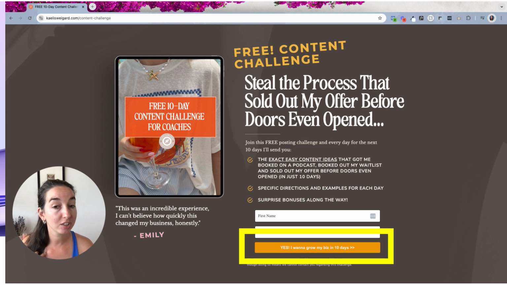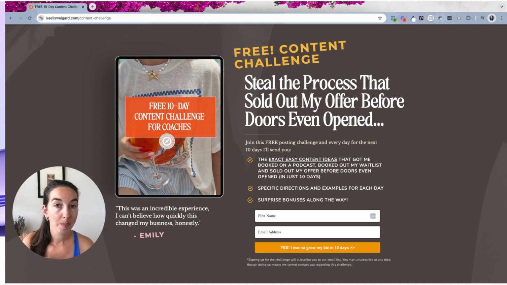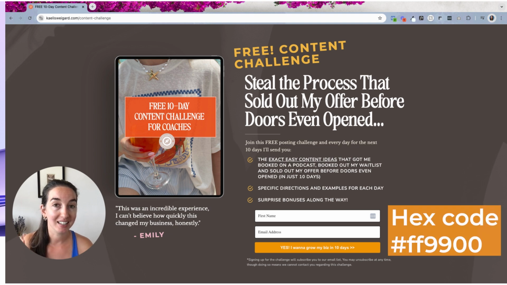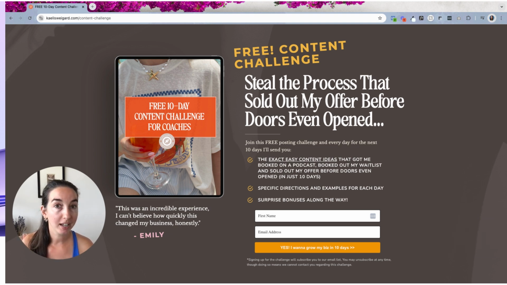Notice the orange of the button that says, yes, I want to grow my biz in 10 days. That particular shade of orange on the button, that is the Amazon orange. That is hex code FF9900. I use that on all my buttons. Why? Because they have done studies, and I would recommend if you use a landing page builder that allows you